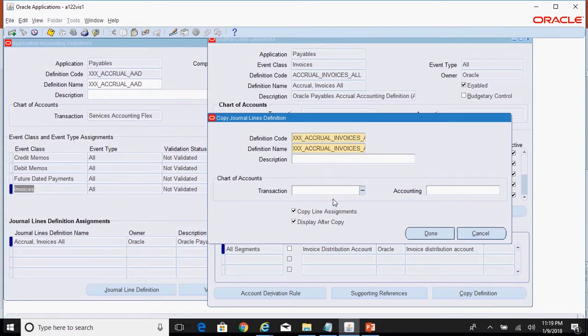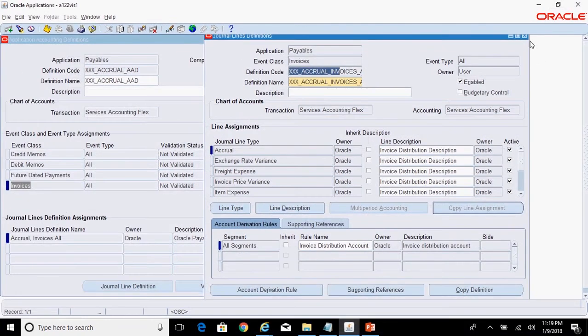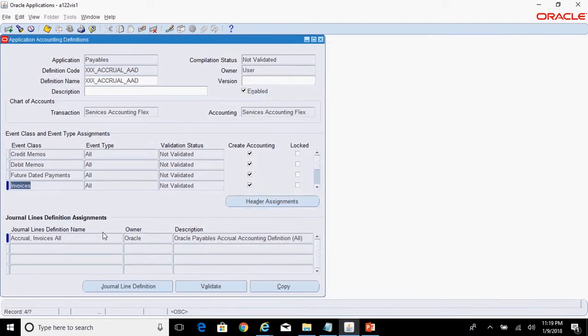Again for the transaction chart of accounts, use Services Accounting Flex, same for accounting chart of accounts. Click on done. So this is your custom version. Now close this form, come back to this screen, delete the standard general line definition assignment for this event class and assign your own version.